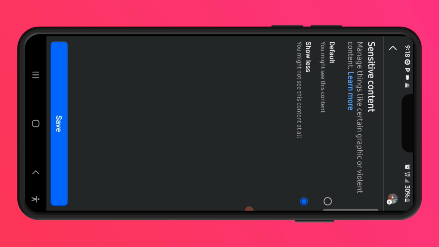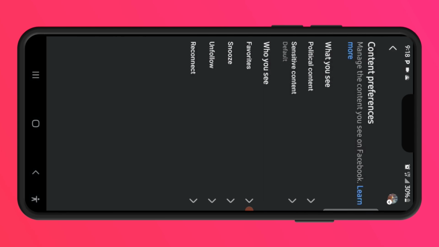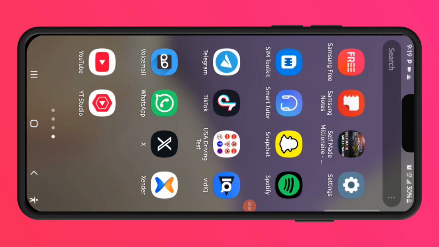You may see this content. Once you're done that, tap on save. Give it a few seconds and tap OK. After that, leave the Facebook app, open up your YouTube app,